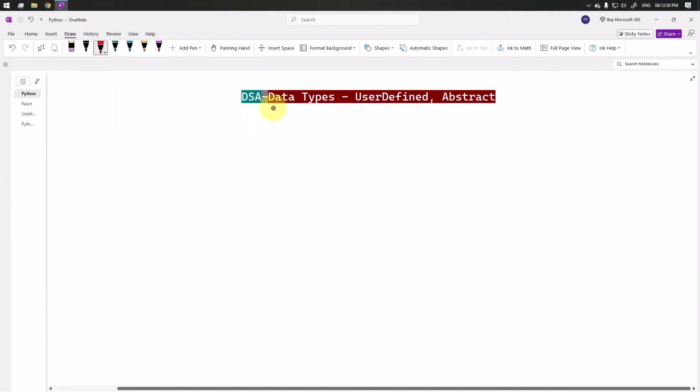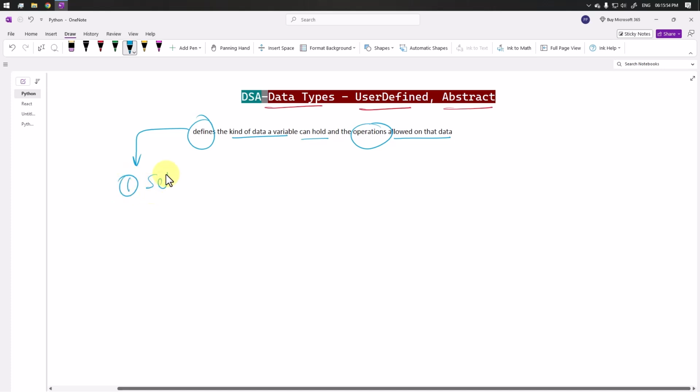So let's just talk about data types, user defined and the abstract types. The data type defines the kind of data that a variable can hold and also the operations that are allowed on that data. So here we have two key points. First of all, the set of values that can be stored, and secondly, the operations that are allowed on a data